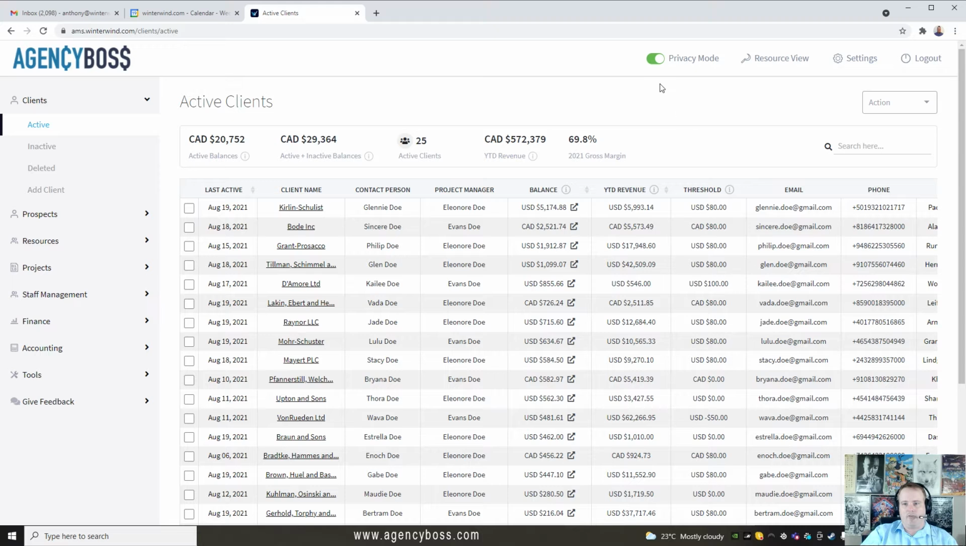I'll note that we have privacy mode turned on, so the data that you're seeing now is the real data from my agency. However, because privacy mode is turned on, it hides the real client names and company names and the personal information. But in terms of the numbers, it is the figures from my agency. Now, going to the first elements